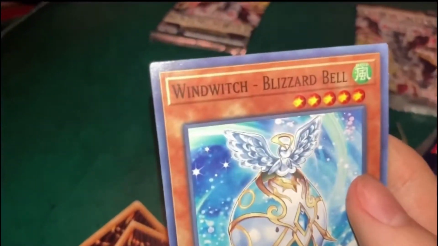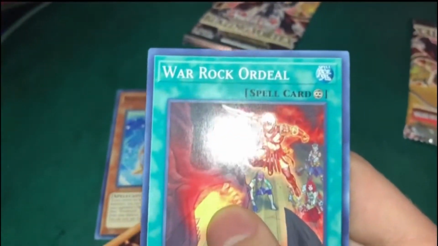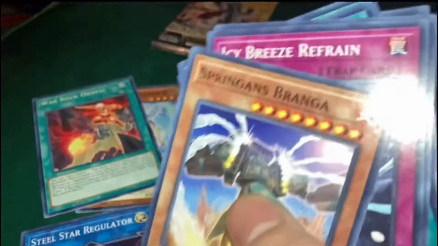Okay, so card number one. I got Wind Witch Blizzard Bell. That's what it looks like. I got War Rock Ordeal. I don't know what this is. Some guy jumping, whatever. Whatever these cards are. Steel Star